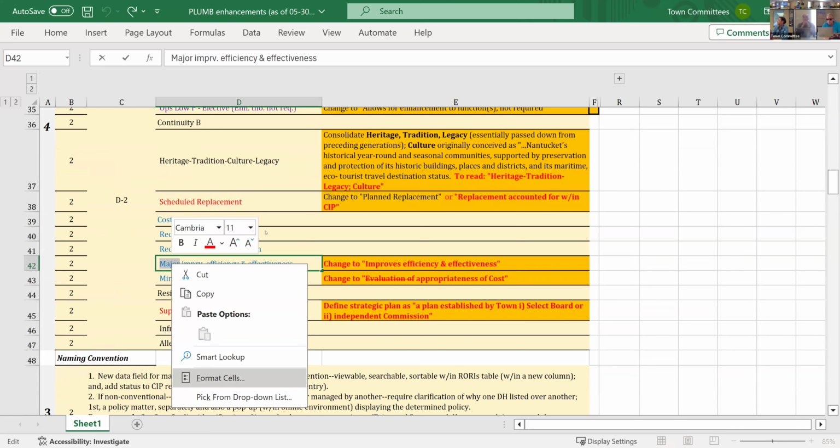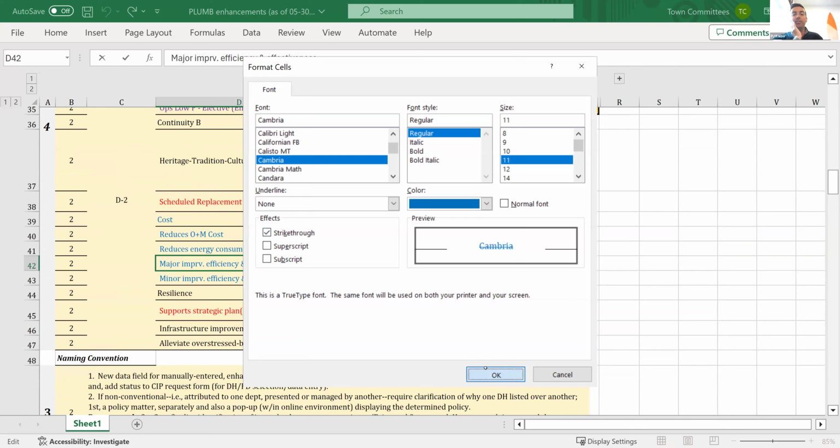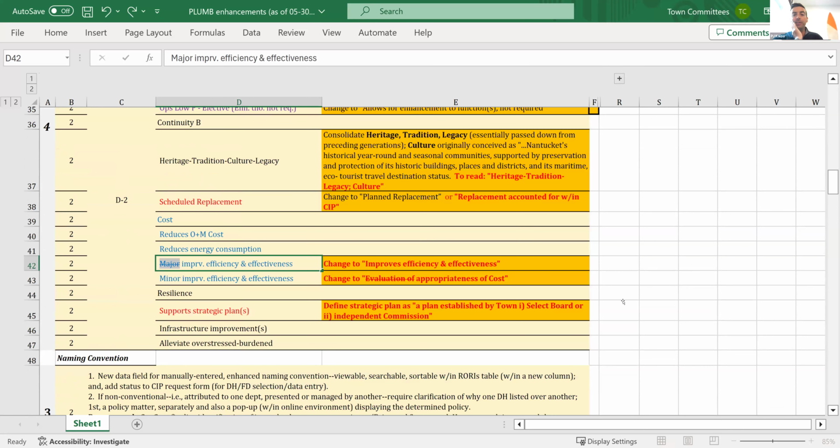PJ? I mean, wouldn't it be more to what extent does it improve efficiency and effectiveness? I mean, I've usually always seen it as, it could be a little bit, which would be a 25%, and it could be a major improvement, and it could be 100%. Right, and how